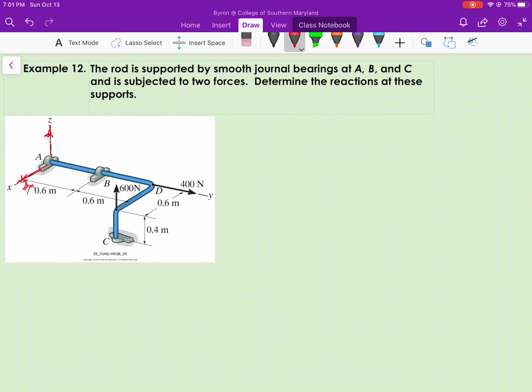We're going to have two of the force components that are possible. The smooth journal bearing provides no resistance to movement in the y direction, and we would have